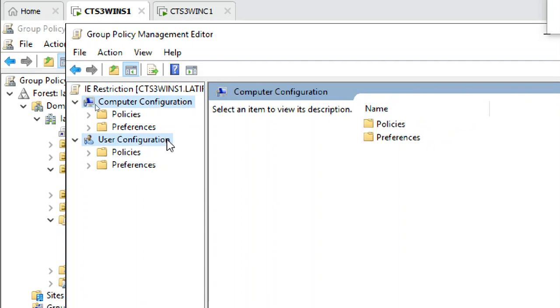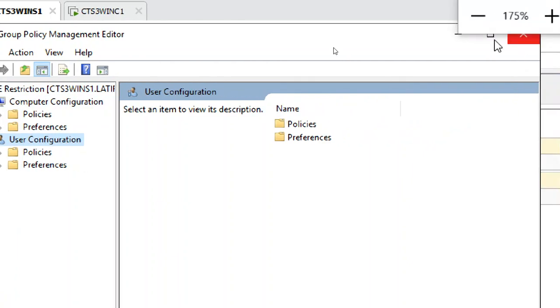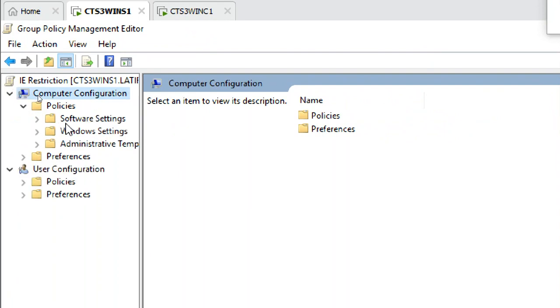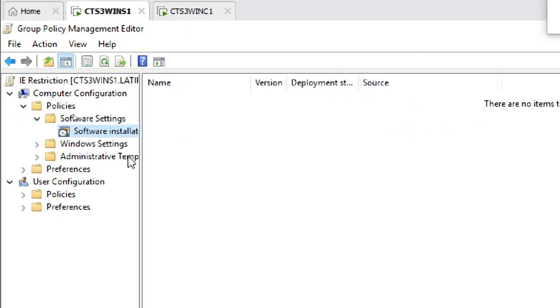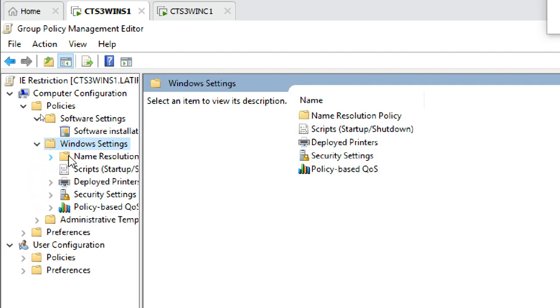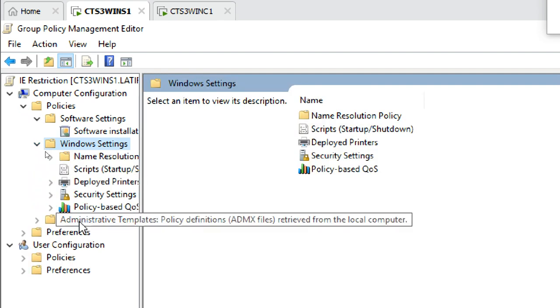Here two options are there: one is computer configuration, another is user configuration. In computer configuration you see software installation, Windows settings, administrative templates.